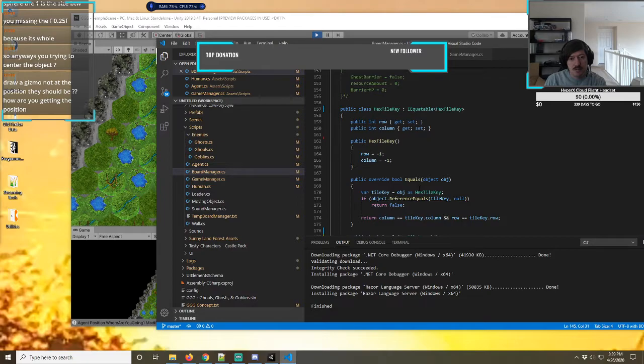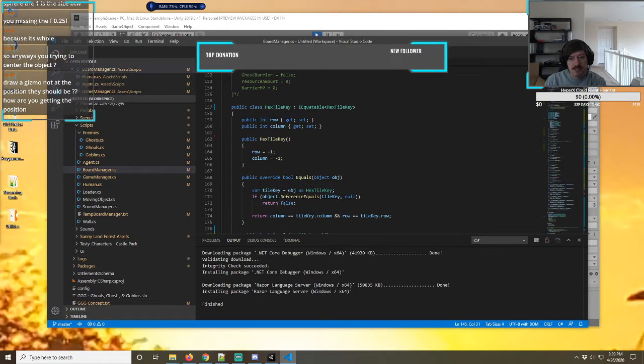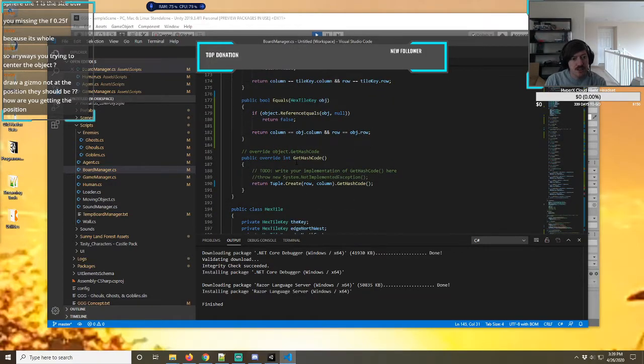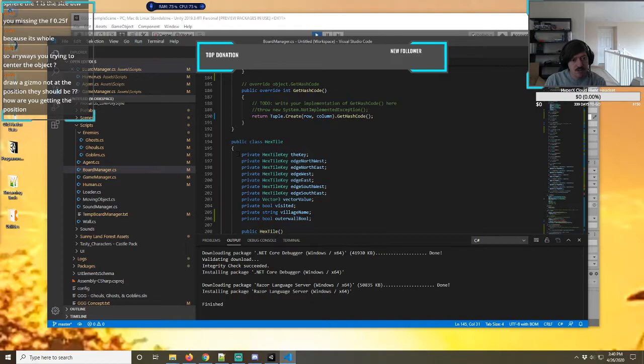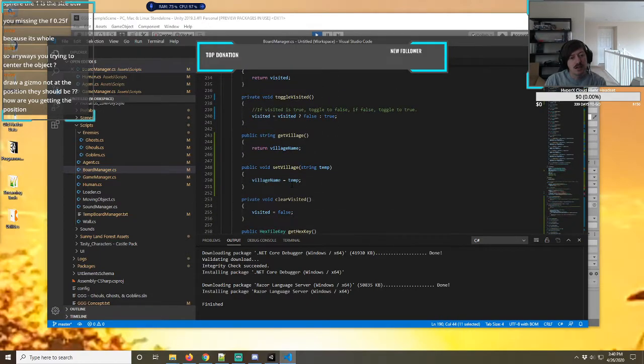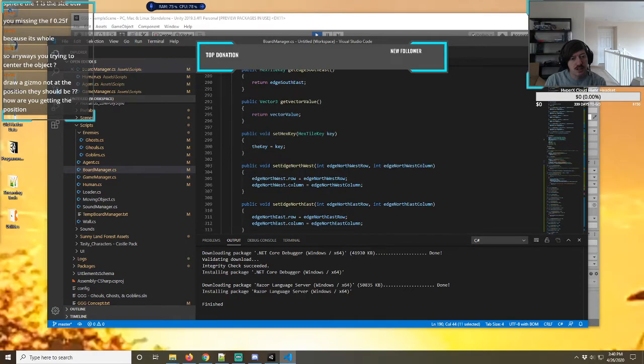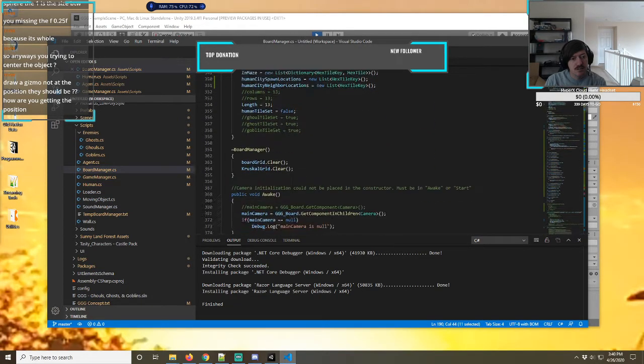As I'm building the overall tile map of it all, I have the position of the tile based off its row and column, and using the